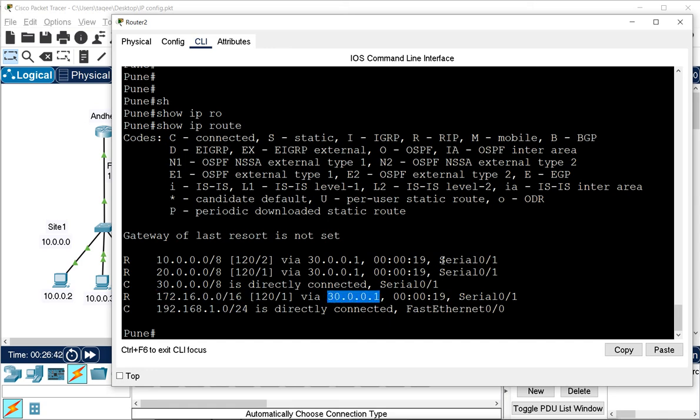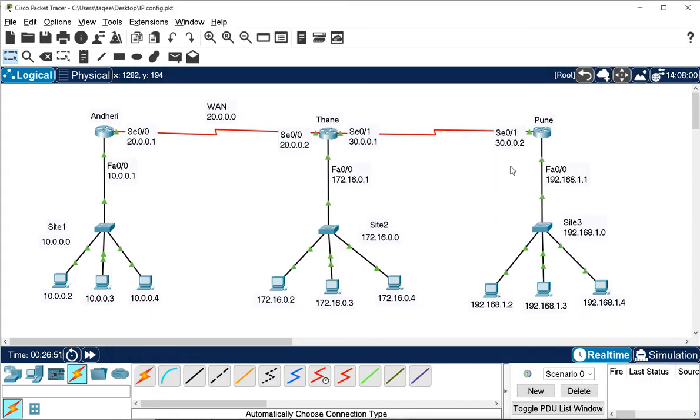And also it is showing the outgoing interface, that these are the outgoing interfaces where it can reach these networks. So it can automatically find that this network, it can go from this side, from this outgoing interface, and it can go via this first hop address. And for this network 20, again it can go via this first hop address. Again for network 10, it can go via this first hop address and this outgoing interface. So it found the network automatically.